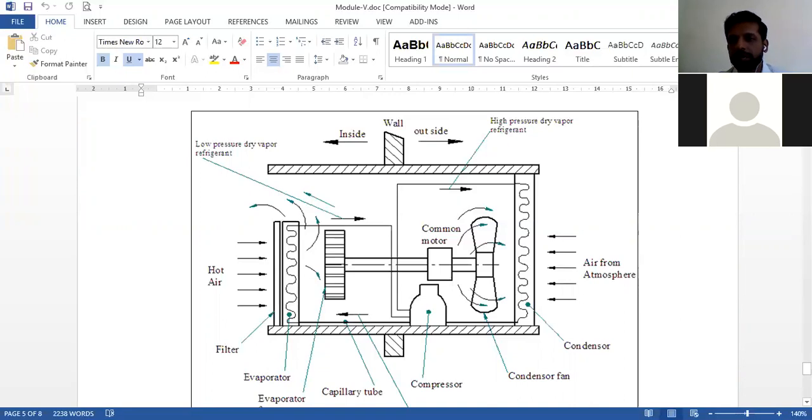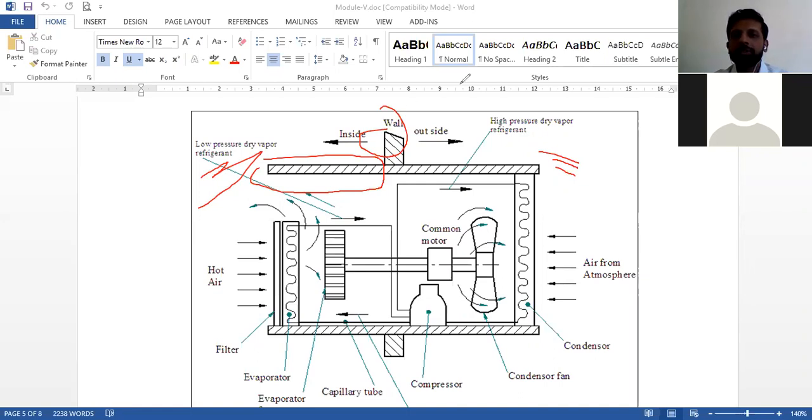So in an air conditioning system, what do we have? If we have the wall, as indicated here, in a single unit air conditioning system, one half of the unit will be placed inside the room. This is the room region, and this is the outside region. The wall is the separating unit between the room and the outside environment. Using a remote, we can adjust the temperature, humidity and so on in the air conditioning system.